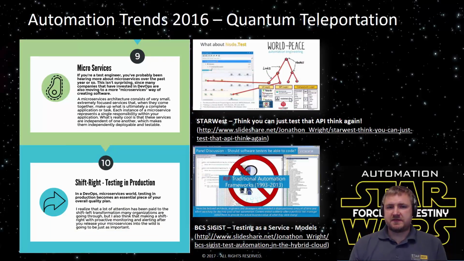My other big bid for this year was around microservices and these microservices architectures. I recently spoke at Star West around everything just being a single node, and part of that was the whole world piece for automation engineering, which was it doesn't matter if it's a UI, an API, or a component layer, which I will go into in more detail further in the presentation, but it's understanding the links and nodes and how those services operate, whether that's going from legacy SOA architectures to microservices and microservices with containers, which was the